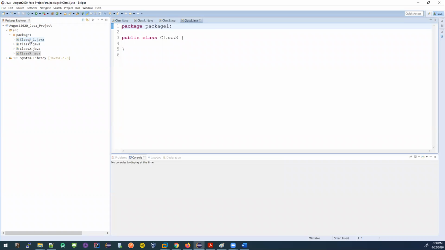But again, why do we need to create packages? I can create it, right? I have two options. Either I put all the classes in one package, or I create different packages and create different classes for those packages. It's about how you want to maintain your code. There are some pieces of code which are related to each other. They should go in one single package. It's like you are organizing the stuff, right? If class 1 and class 1_1 are related, I put them in one single package.